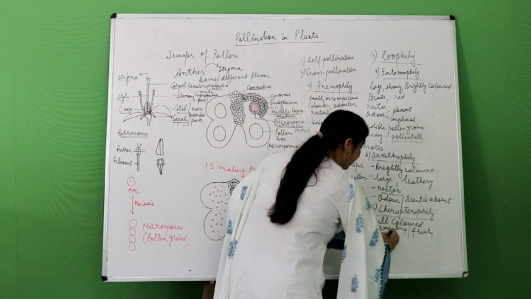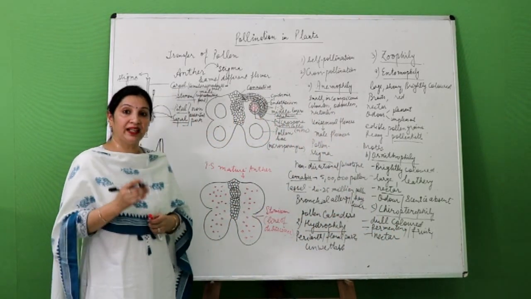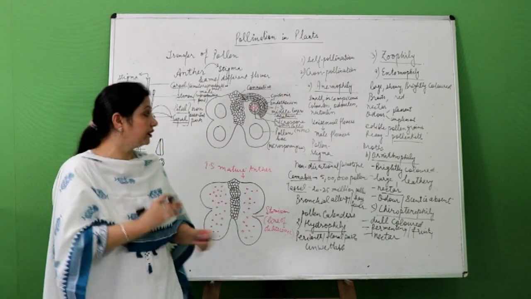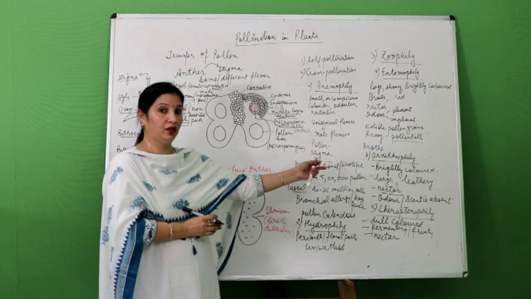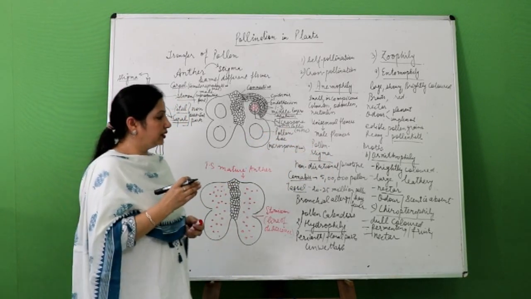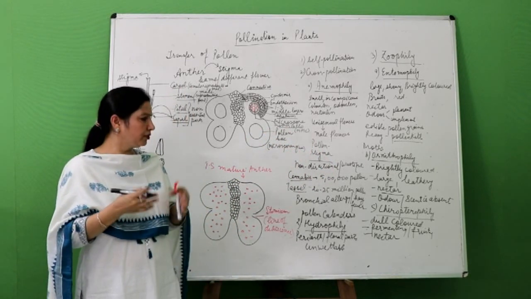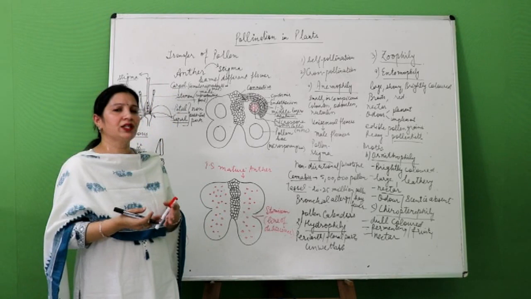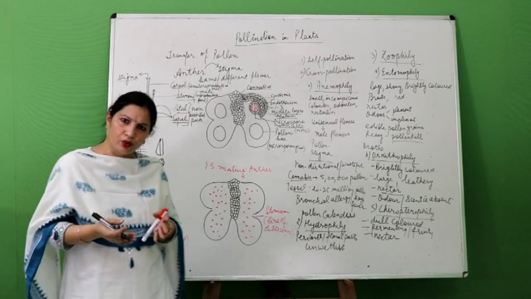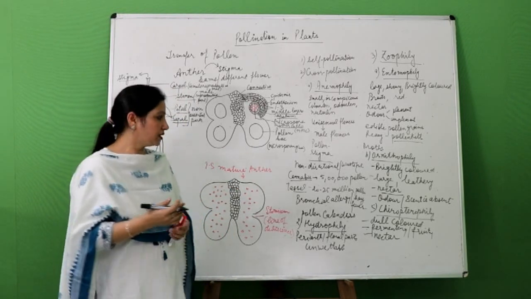And these flowers again produce nectar. It has been seen that chiropterophilous flowers produce even more nectar than the ornithophilous flowers, right? The flowers which the bats usually visit open at dusk or at night. Some of the common chiropterophilous flowers include Kigelia, the sausage tree, or Adansonia, or Anthocephalus, that is the kadam tree, right?